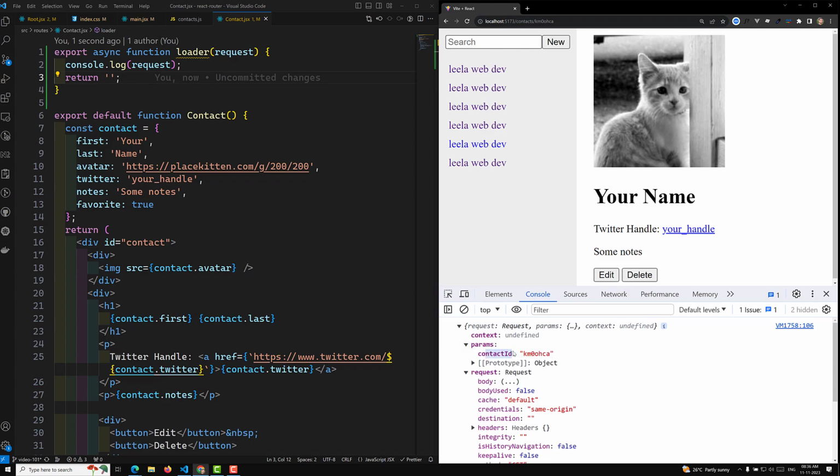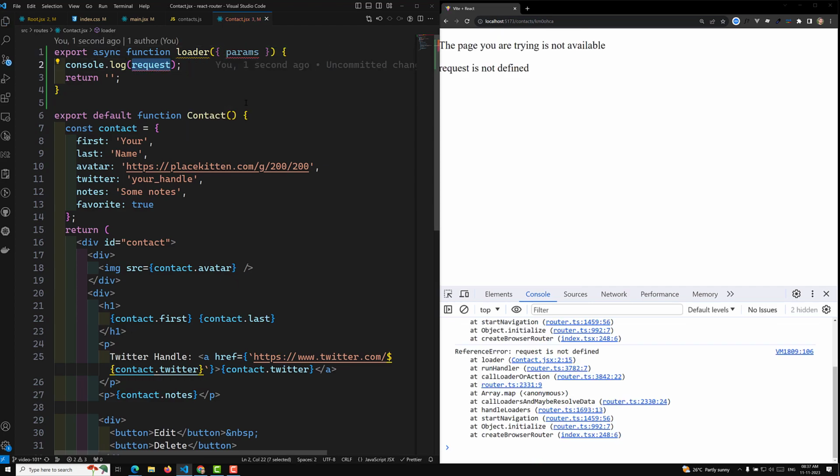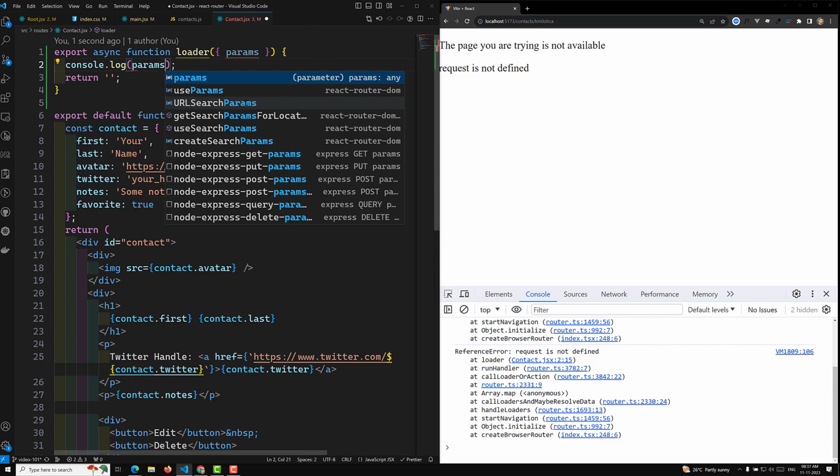In these params we are able to see a contact ID, which is nothing but the URL data which is mentioned here. So that means in this request we are having an extra key, that is nothing but params. In that params we are having all the details which we are passing through in the URL params. So here what I can do is I can take this one as params, and in this params what I can do is params dot,